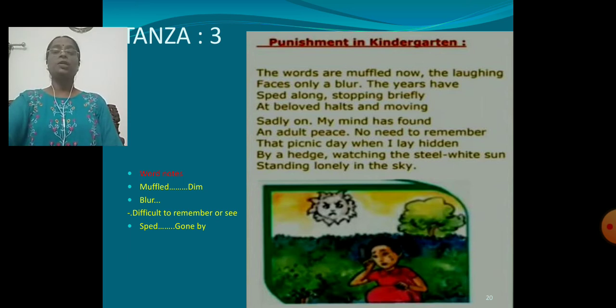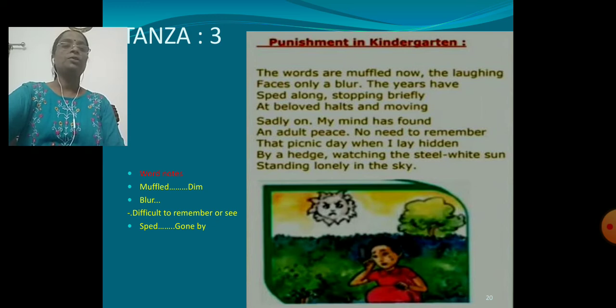In this final stanza, the poet says that now she is grown up. Now she has become mature enough to understand the reality, the situation, the problems of the world. The memory of that day has faded away because there is nothing in her childhood to cherish and desire for. She has now found adult peace, and you can see in this poem that my mind has found an adult peace. No need to remember that picnic day when I lay hidden by a hedge,